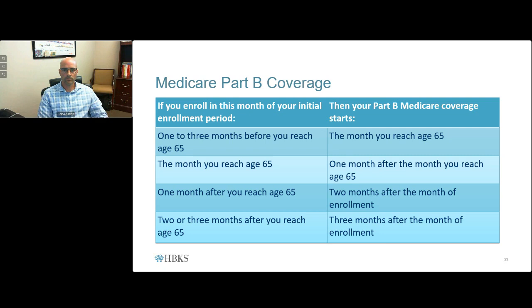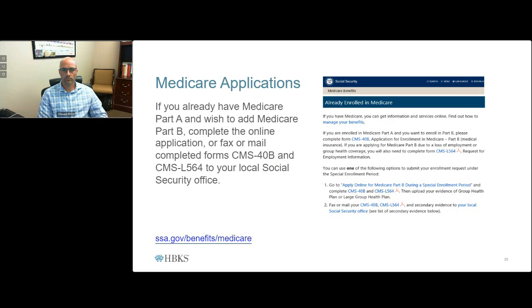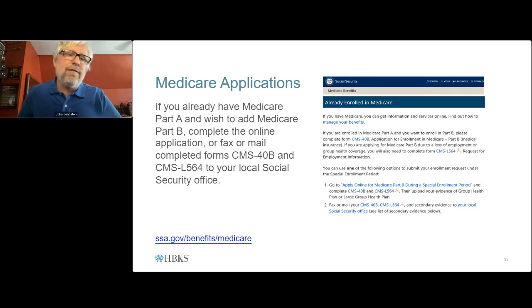Some people continue down the Medicare path. Some people are working at their age 65 and they just want Medicare Part A. So you can file for Medicare Part A directly through the website, Part A only, not take your Social Security benefit. And if you want to get Part B, okay, you already have Part A or maybe you already have your retirement benefit, when your group coverage is ending,